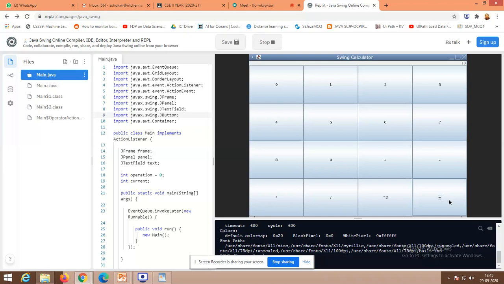The primary thing we are doing in the canvas is placing the buttons and text box. Buttons are managed through the panel via the grid layout. The text field is placed using the border layout, and again a border layout is used to merge the text box field as well as this grid of buttons. In this way we have arranged the controls.